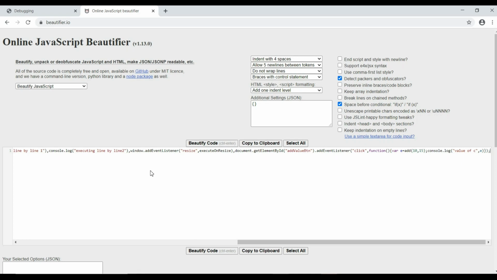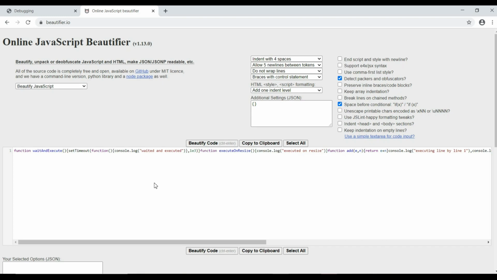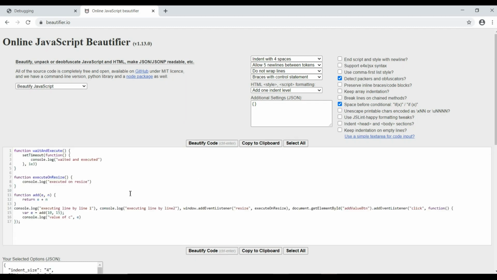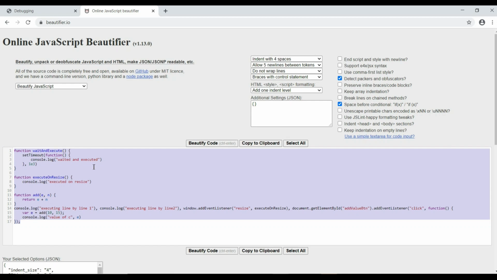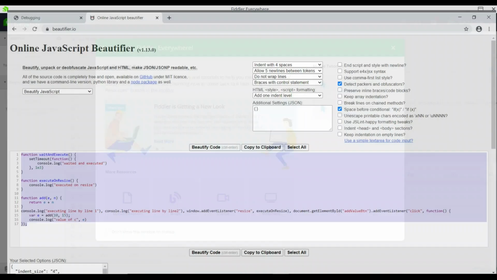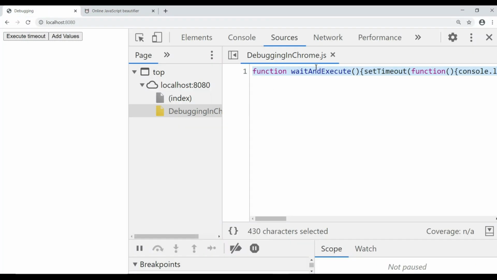So if it will not minify, you will get one unminified or beautified version of your JavaScript file, which will have all the code in one file, but it will not be minified. It will look good. Like I'm getting this minified file, and I'm just using one normal online tool to unminify or beautify it. So now when I get my beautified file, this code I already got from production. I just got that code and modified it to get it beautified.